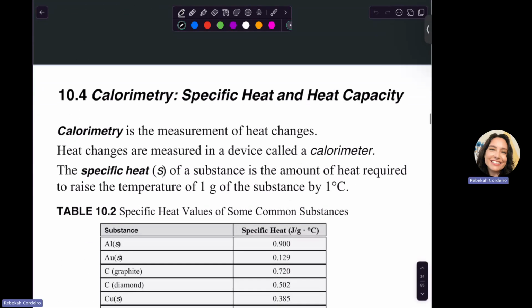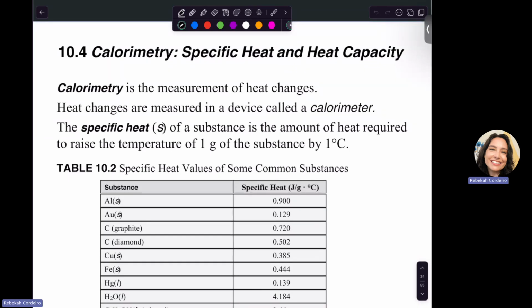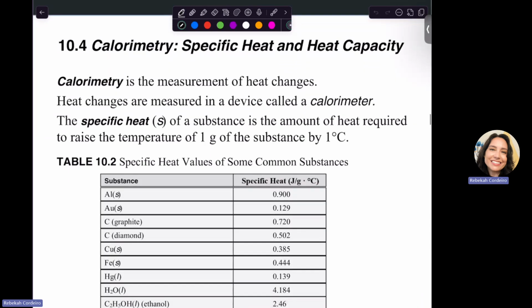Hi, this video is for Chem 102. This is going to be section 10.4. In this section we're going to talk about calorimetry, and we're going to start by talking about specific heat and